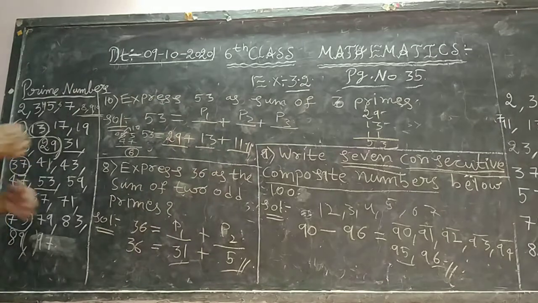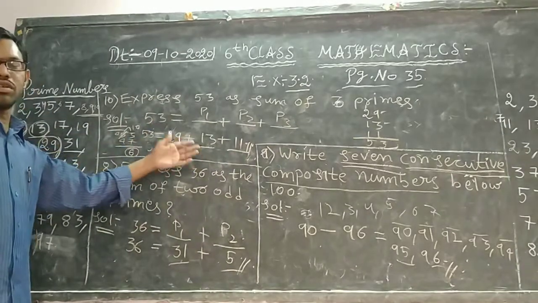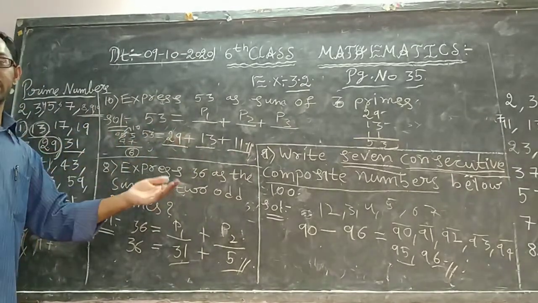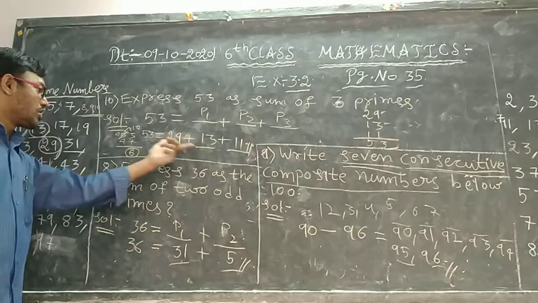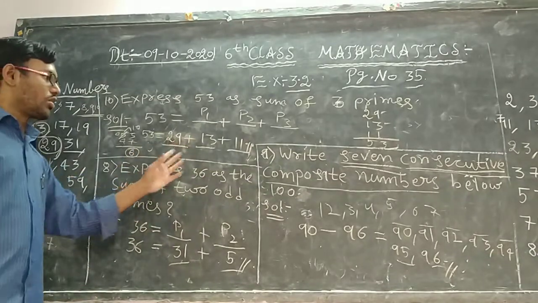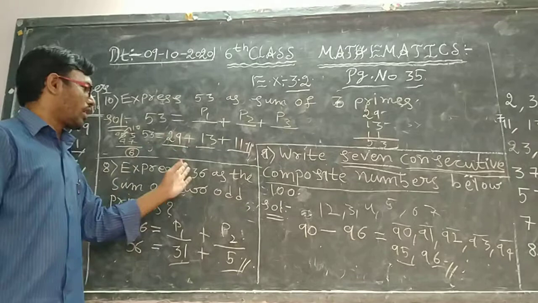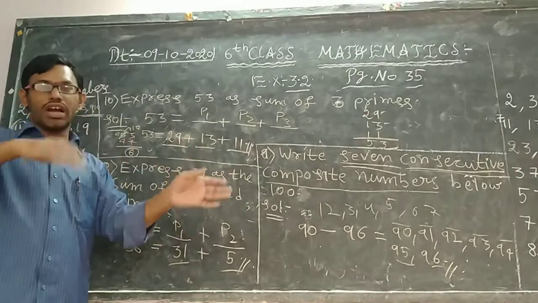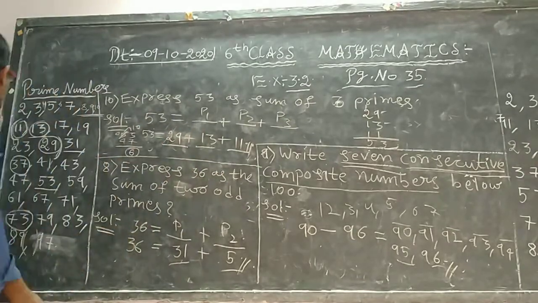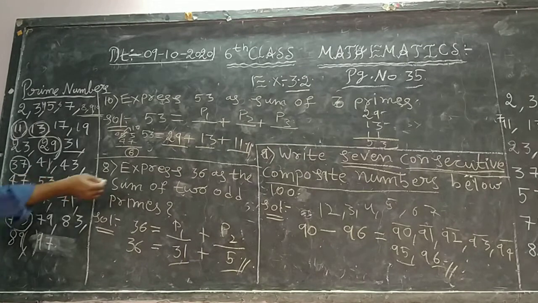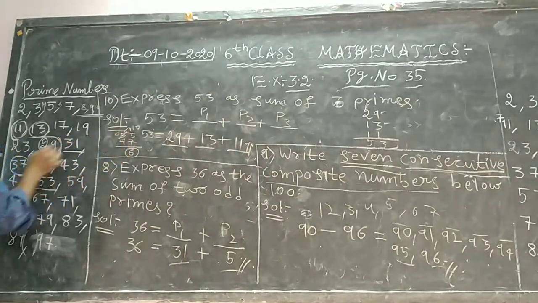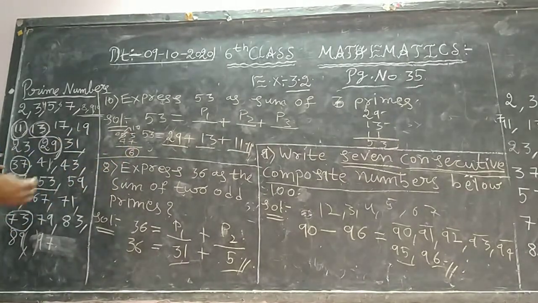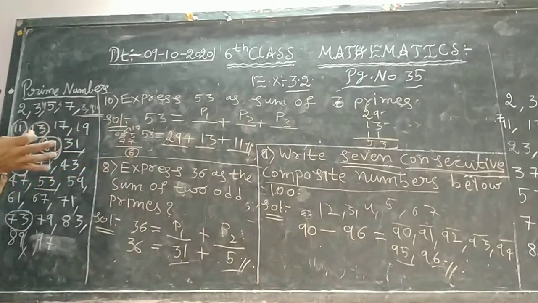Repeatedly you are supposed to do this type of problem with a trial and error method. Trial and error method means you are supposed to check whether these are correct or not. If wrong, you should go to another trial. Now we have seen 47 plus 6, which we can't do.